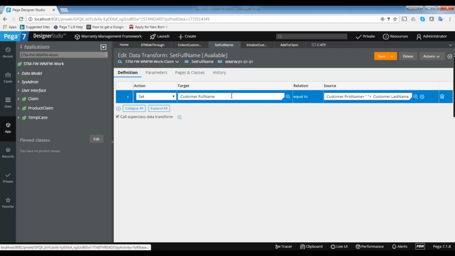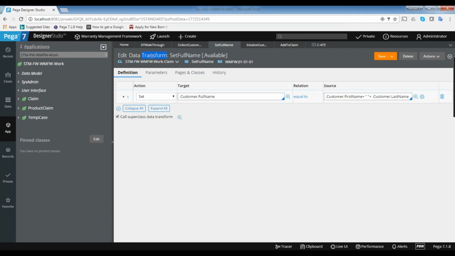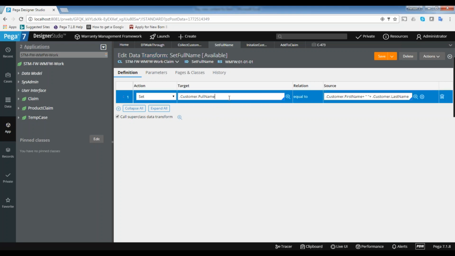No. Data transform will work once the data is available on the clipboard. So if the data is available in memory, then whatever business logic you want to do, you can build it. But it is not for getting the data from an external source.